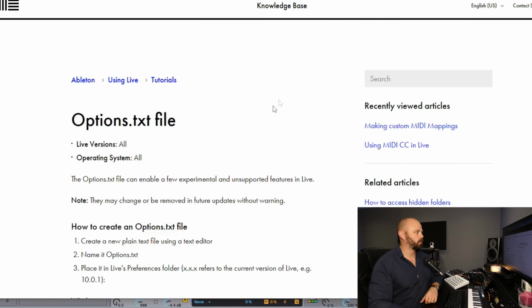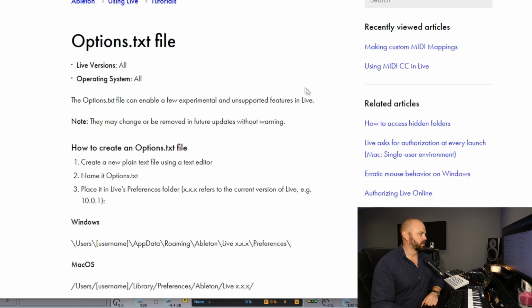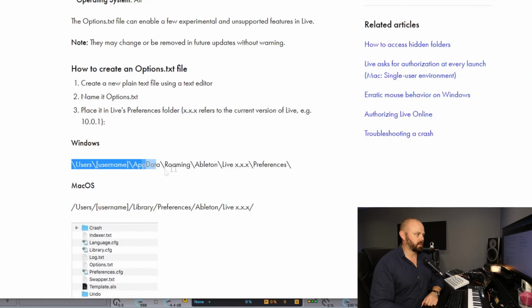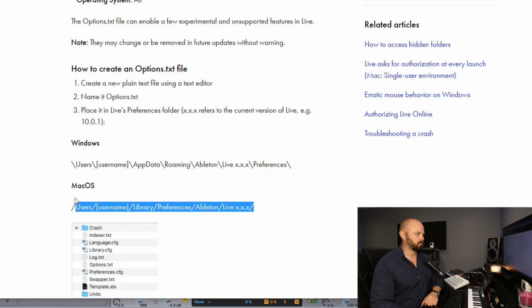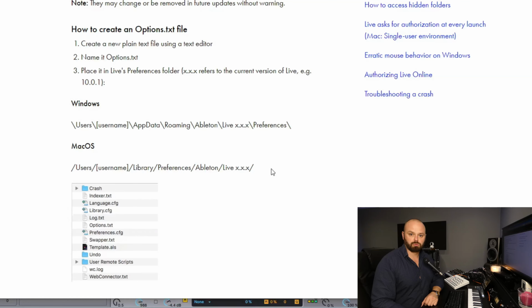Where you need to put it, it's all here on the Ableton website. So this explains how to create an options text file, where to put it. So here you have for Windows and here you have for Mac. I'm not using a Mac, so I don't know, but I trust that it works just the same as it does on Windows. So you add that in, reload your instance of Live, and then you'll have this little button